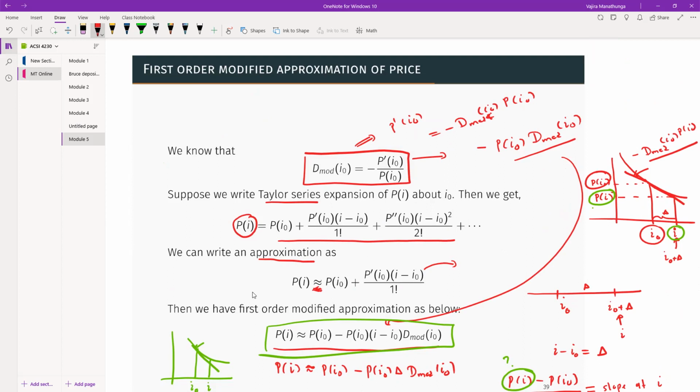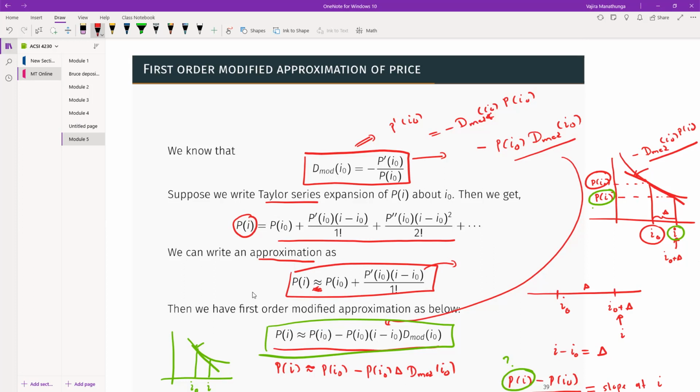Then we remove anything above the first derivative term, and we get this nice approximation. That we can connect to the duration, and we can write it like this. So you can see right away, you can use duration to calculate the price or price change if you want the difference. Now, one thing you can notice,